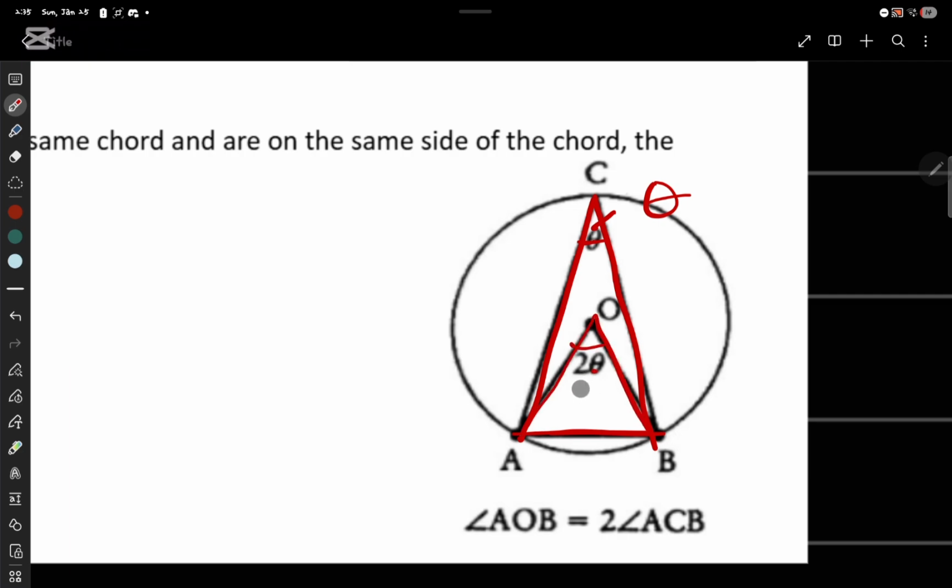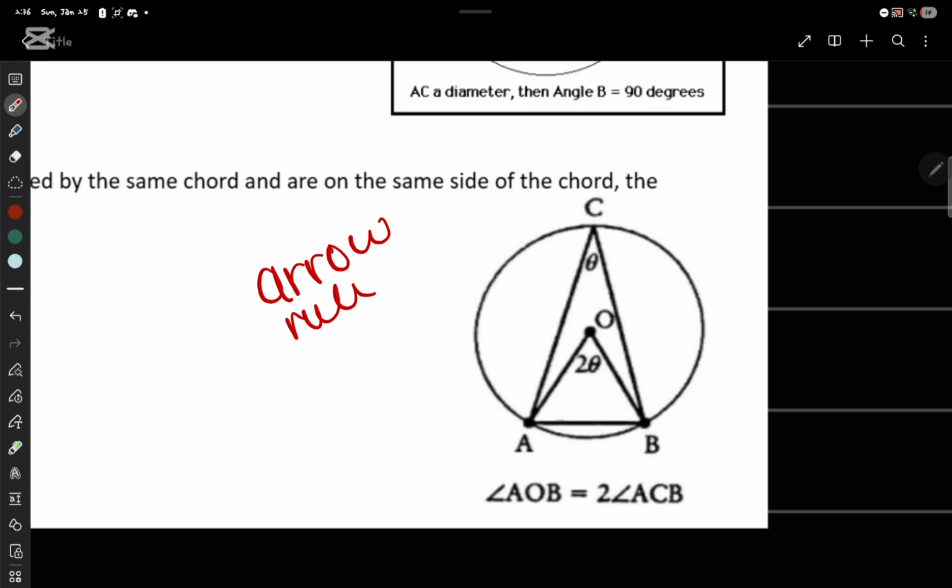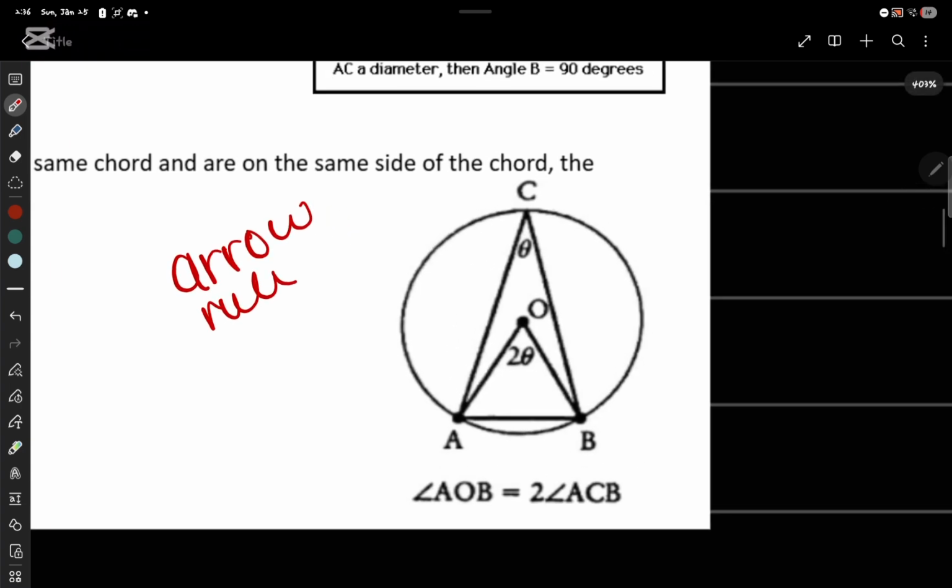So I usually call this rule the arrow rule, because the shape it forms looks similar to an arrow. Okay. So when you see an arrow like that, and this point and this point are on the circumference of the circle,